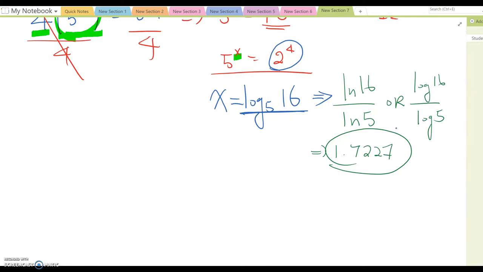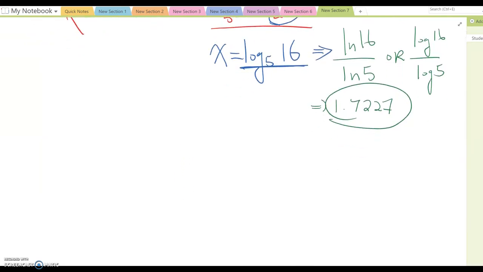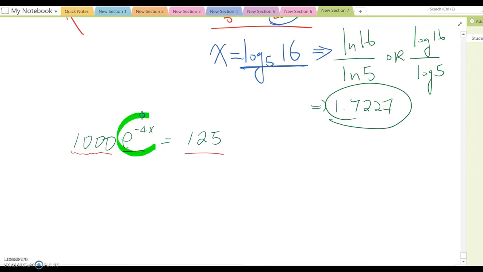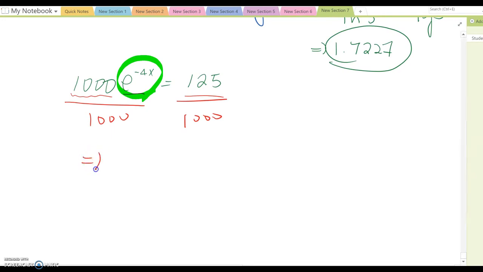Okay, so I'm going to cover one more, and then we are going to move to another case. What about 1000 times e to the negative 4x equal to 125? As you see, this one is already a number times an exponent form equal to some other number. So you need to isolate this term alone. Therefore, I'm going to divide by 1000 on both sides. If you do it, then this becomes e to the negative 4x equal to